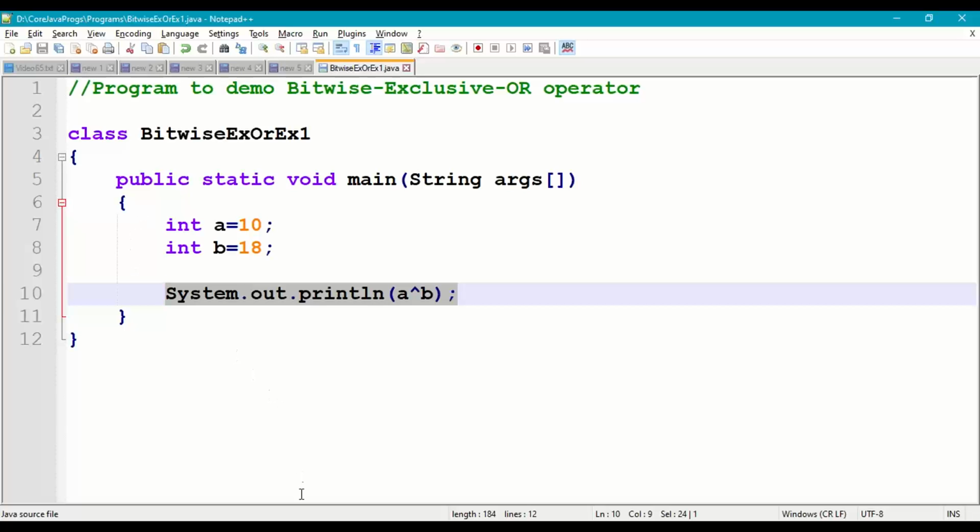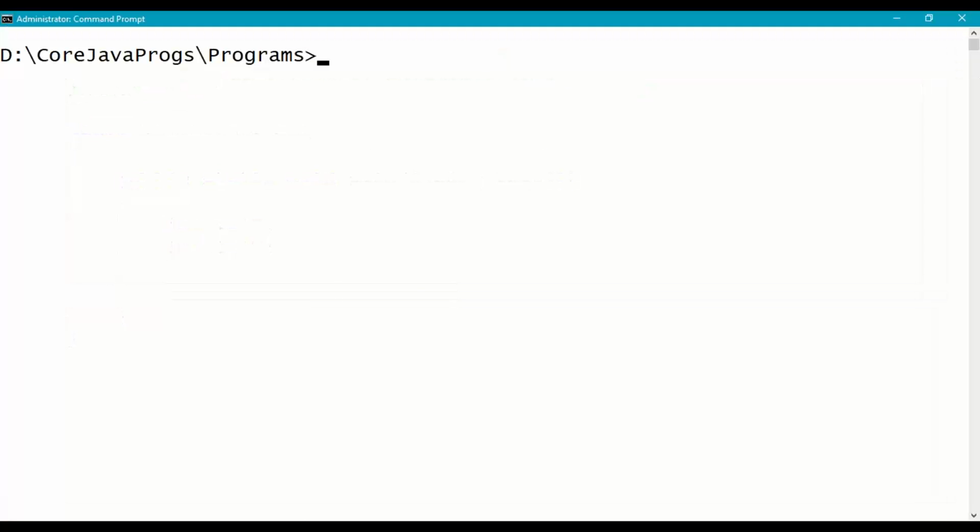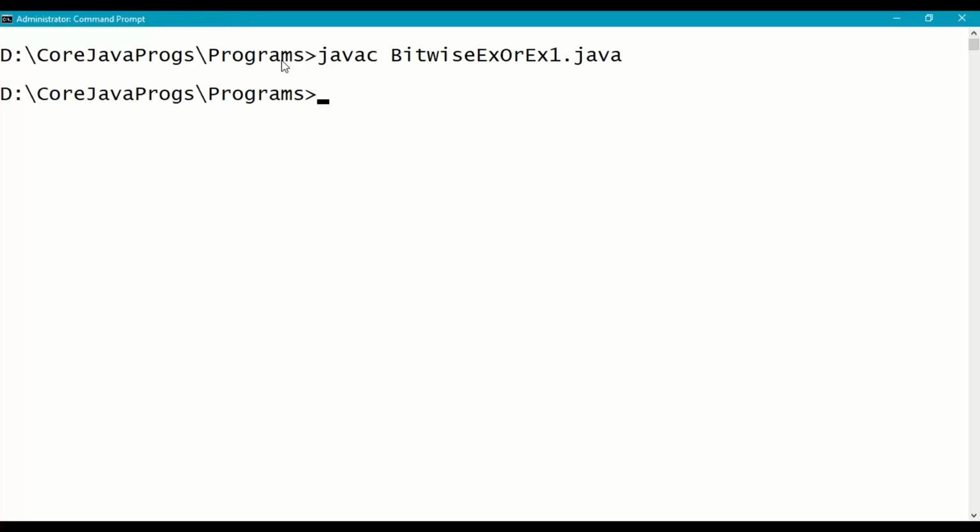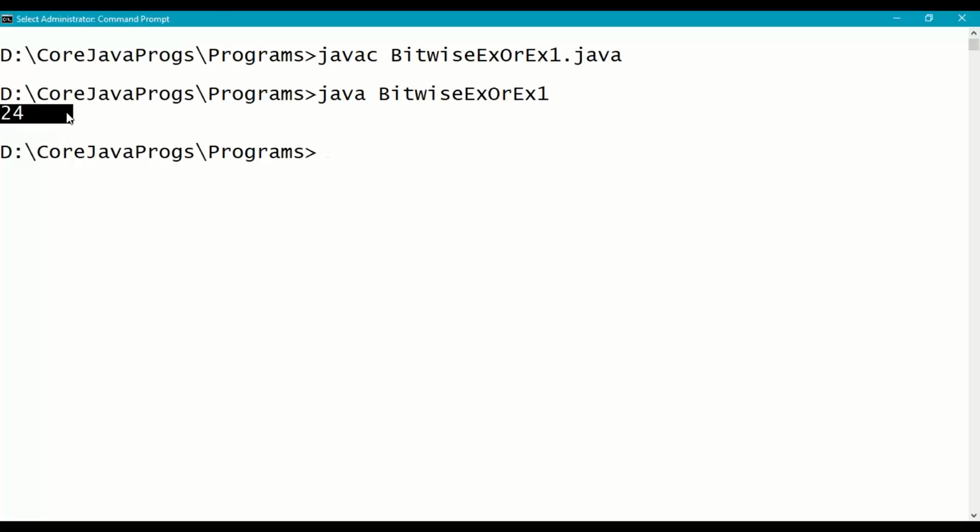Save the program, open the command prompt, go to your working directory where we have saved the program, and compile the program: BitwiseXORExample1.java. No error, run the program: java BitwiseXORExample1. The answer is 24.